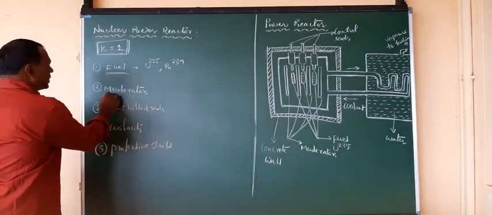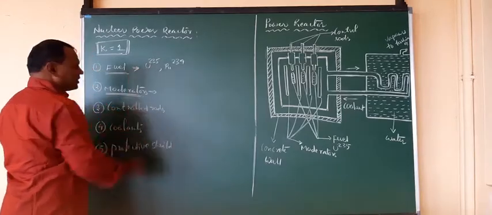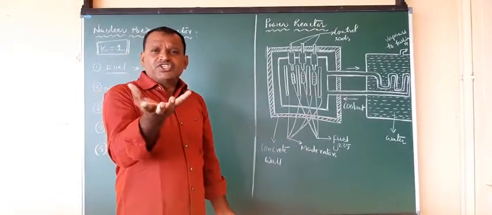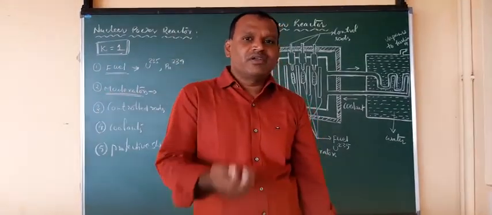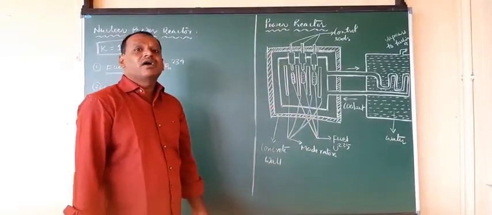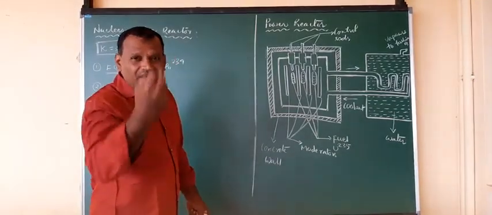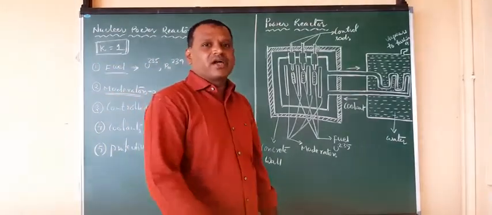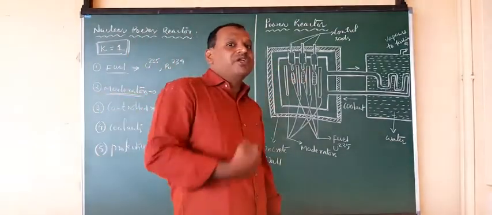So the next one is moderators. What is the functioning of a moderator? The moderator is used on the neutrons generated during the nuclear fission reactions. Initially they are called prompt neutrons, neutrons with very high kinetic energies. These fast neutrons are unable to cause fission with uranium-235. So we have to lower the kinetic energy of the neutrons, so we have to absorb a certain amount of energy.